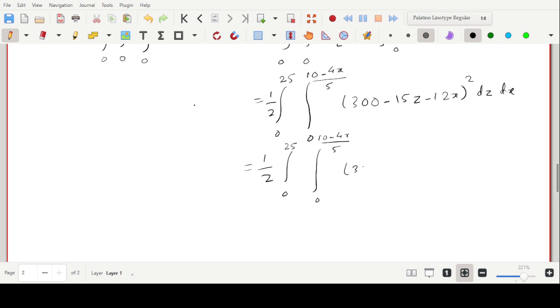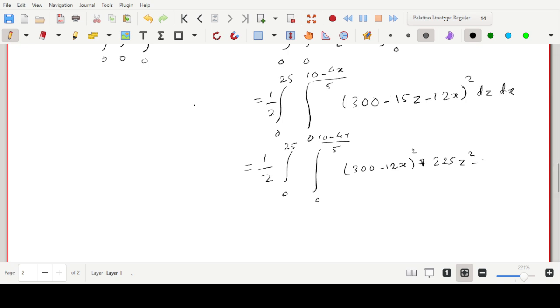So 300 minus 12x the square plus 15z the square, so 225 z square, minus